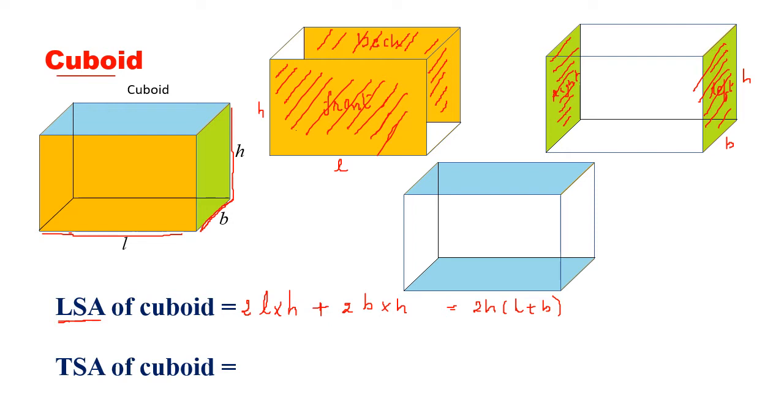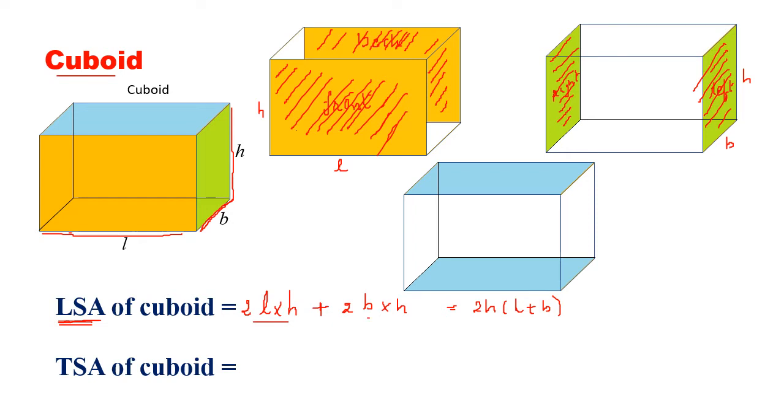So understand the room in which you are sitting is in the shape of a cuboid with 4 walls, the roof and the floor, the ceiling and the floor. But lateral surface area means area of the 4 walls. So you can see the front of where you are sitting, the front wall is orange and I have taken the back wall orange, which is given by the formula 2 into L into H. L into H is the area of the front and L into H is the area of the back. Because they both are equal, I have taken them twice.